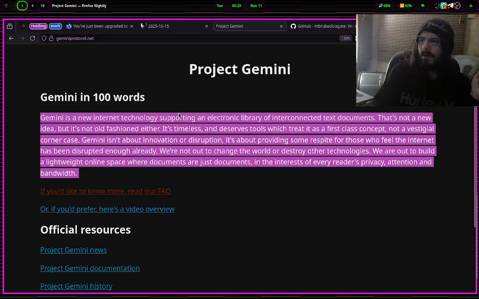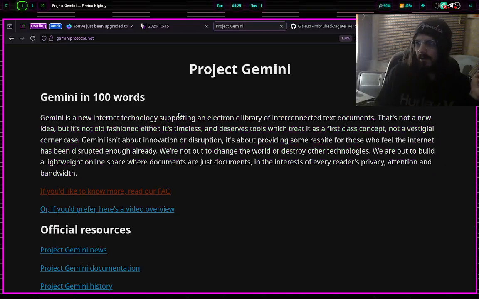Gemini is a new internet technology supporting an electronic library of interconnected text documents. That's not a new idea, but it's not old-fashioned either. It's timeless and deserves tools which treat it as a first-class concept, not a vestigial corner case. Gemini isn't about innovation or disruption, but it's about providing some respite for those who feel the internet has been disrupted enough already. We're not out to change the world or destroy other technologies. We're here to build a lightweight online space where documents are just documents in the interests of every reader's privacy,